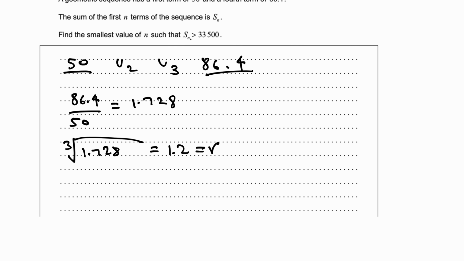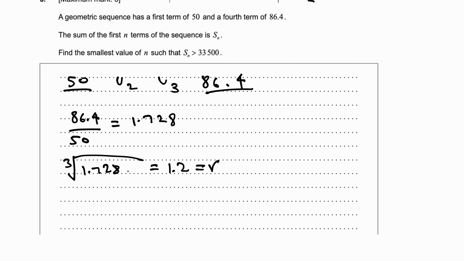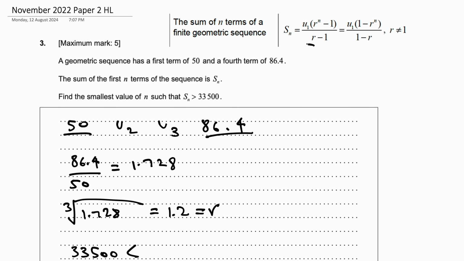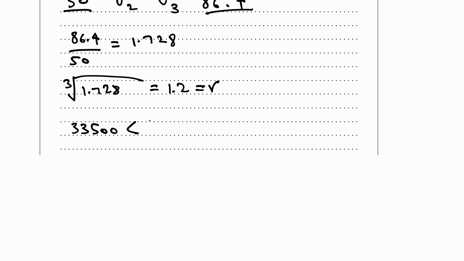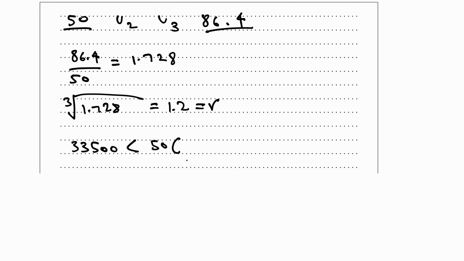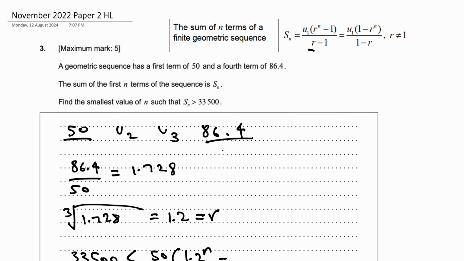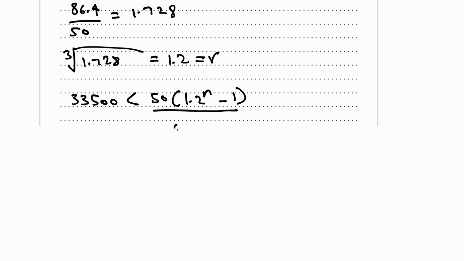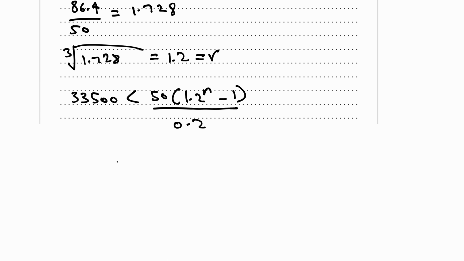We know that S of n has to be greater than 33,500. So 33,500 must be less than, let's put whatever we know into this expression: u of 1 is 50, times r to the power of n, so 1.2 to the power of n, minus 1, whole thing over r minus 1, which would just be 0.2, since 1.2 minus 1 is 0.2. So we get 33,500 times 0.2. If we cross multiply, it comes out to be